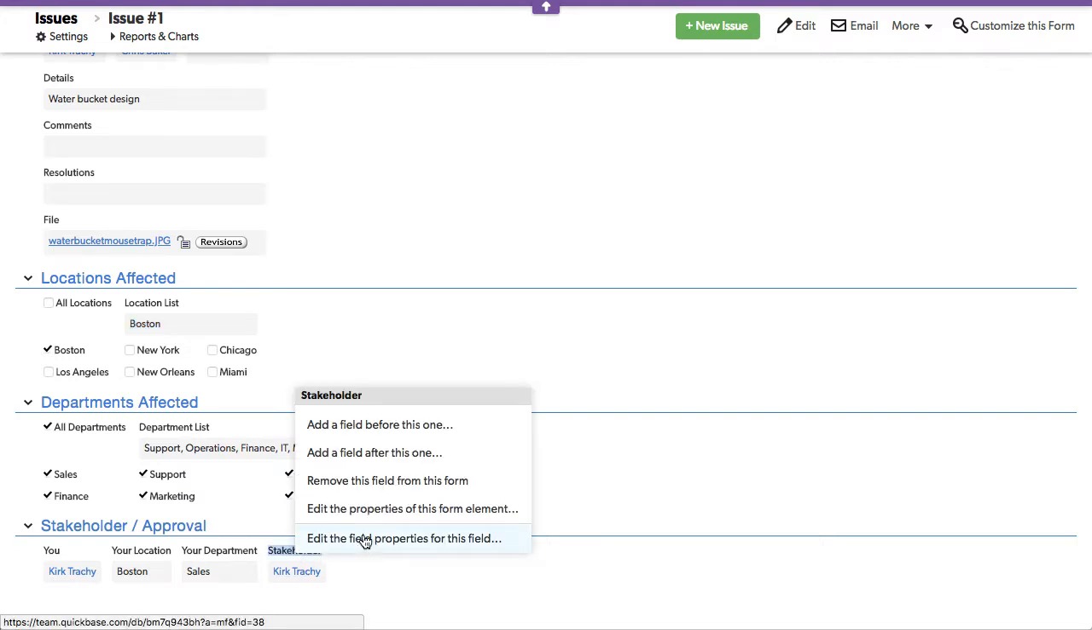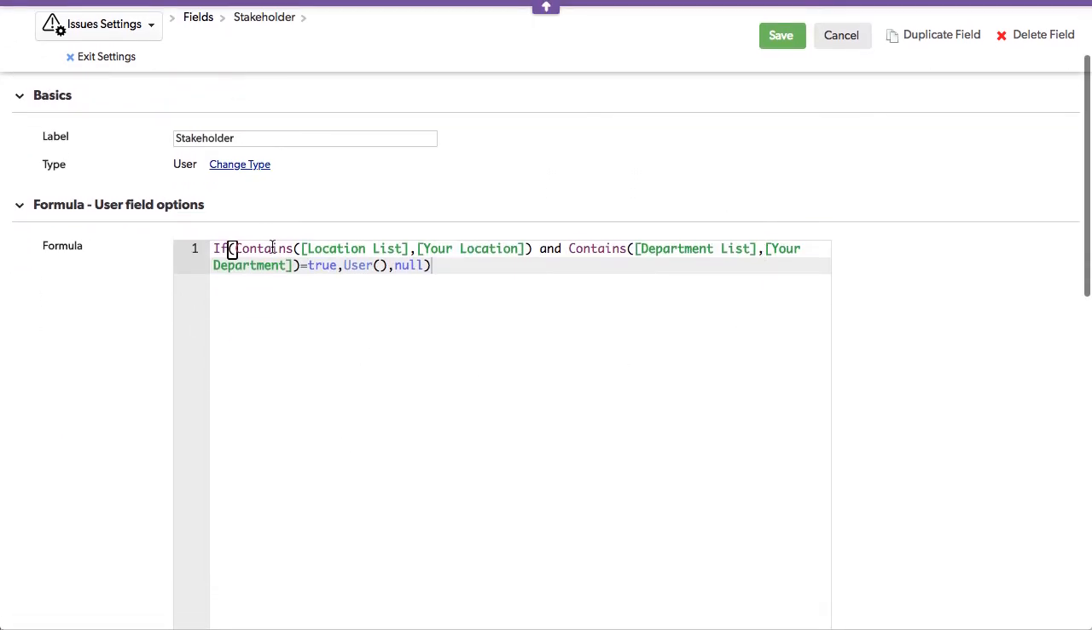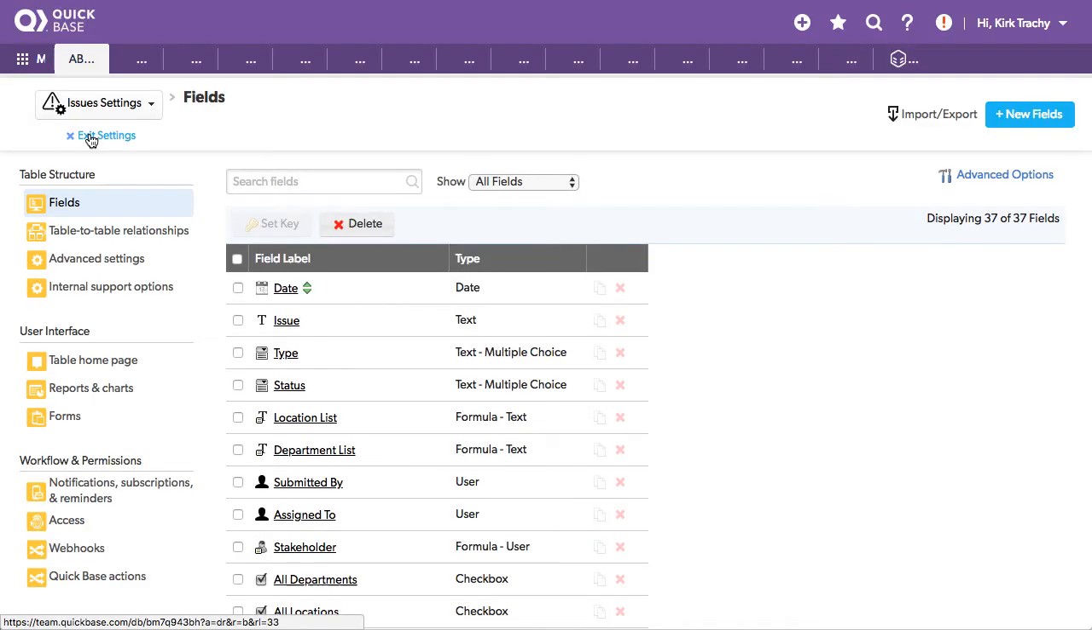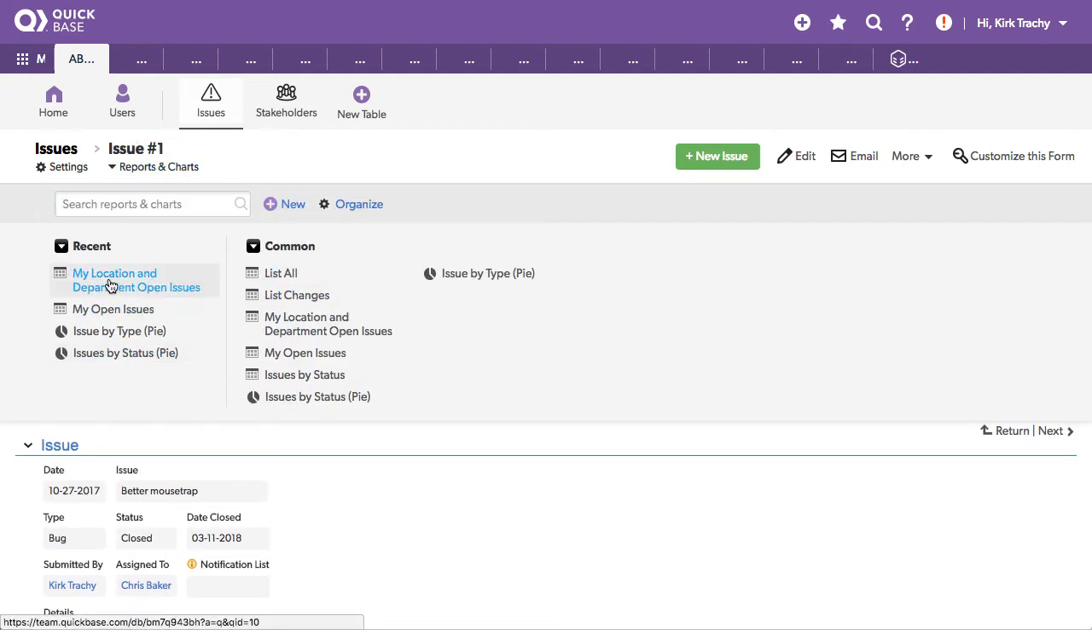So let's take a look at this formula. When I look at this formula, I'm using the contains. So I'm saying if the location list of all the places has yours in it, and the department list has yours in it, and that's true, then put your name there. If not, just be null. Don't do anything. Okay, with that then, what you can do is create an email that is based upon your location and